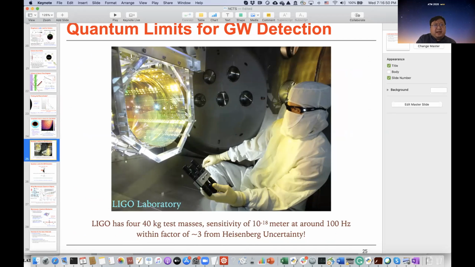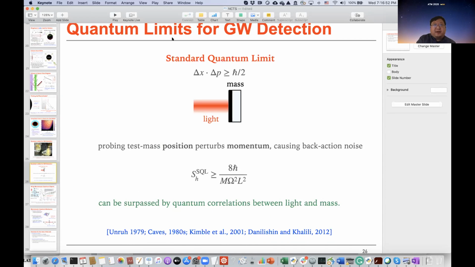Basically, here there's a concept called the standard quantum limit. The concept comes from the fact that if you measure the position of a mirror, you will perturb its momentum because of the Heisenberg uncertainty principle. And then when you perturb the momentum, it'll cause an additional motion, and that motion would cause noise in your future measurements. So this kind of argument has led to the so-called standard quantum limit, which for LIGO poses a certain limitation of sensitivity. And this limitation is actually not far beyond our current sensitivity.